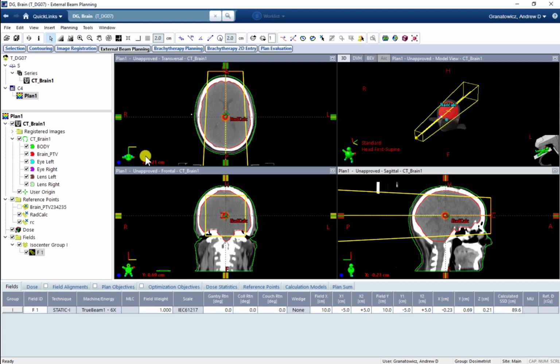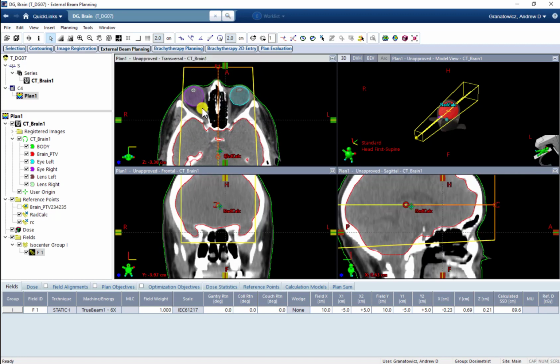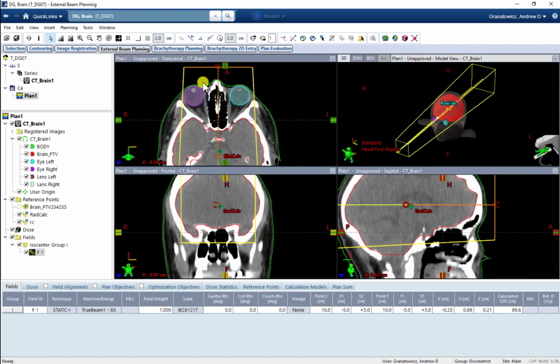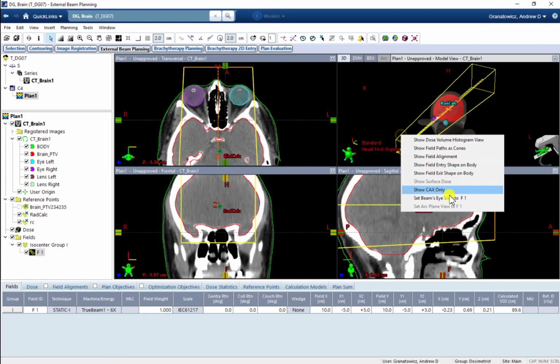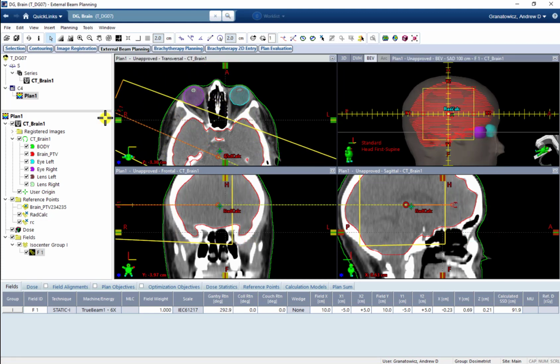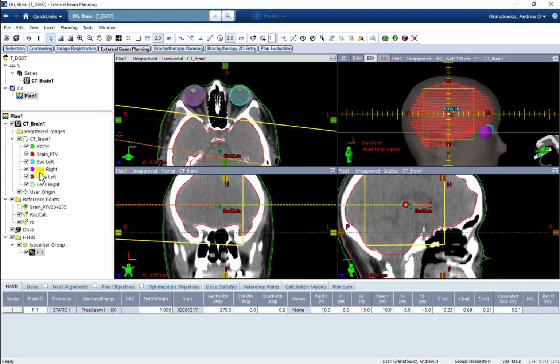The first thing we need to do is choose our gantry angle. So what we want to do is have a flat beam right behind the lenses. Okay, we don't want any divergence going through the lenses, which I'll show you here in a bit. So to get that flat beam, we're going to set our beam's eye view to F1, which is our only field right now. I'm going to rotate this gantry